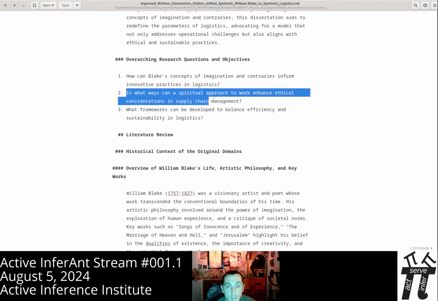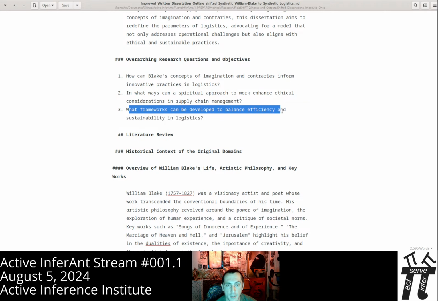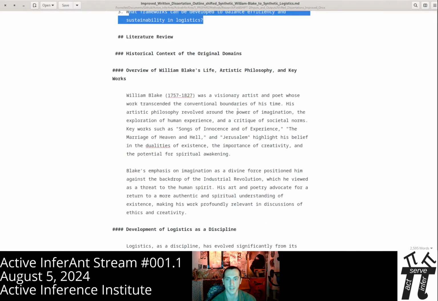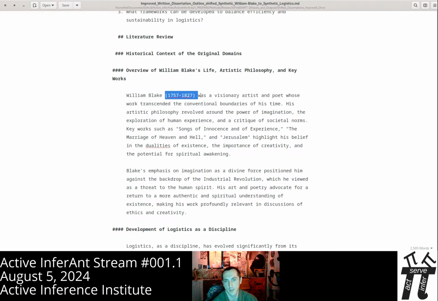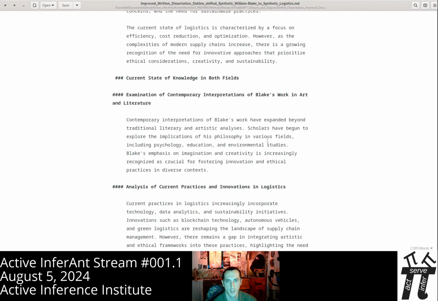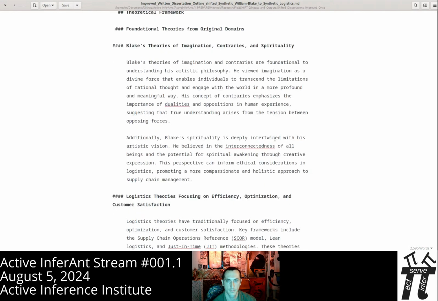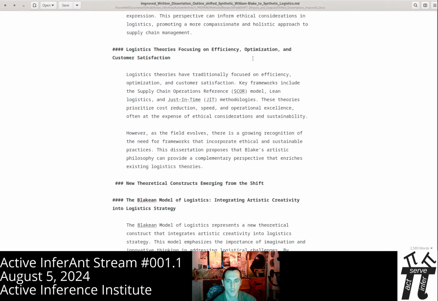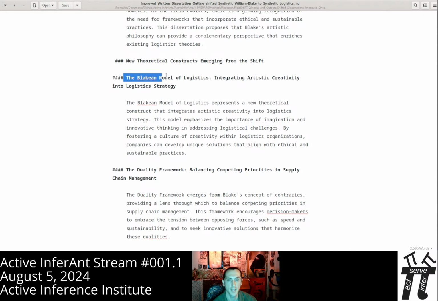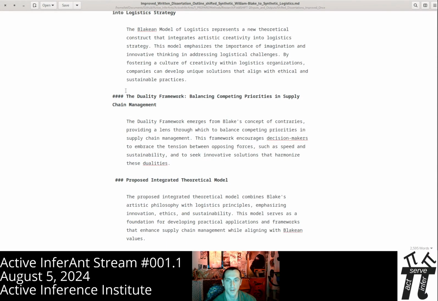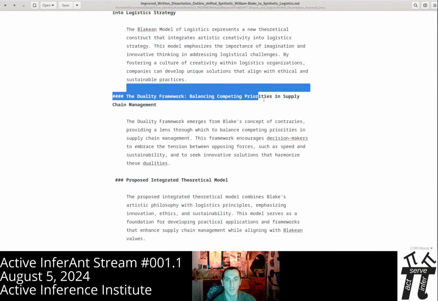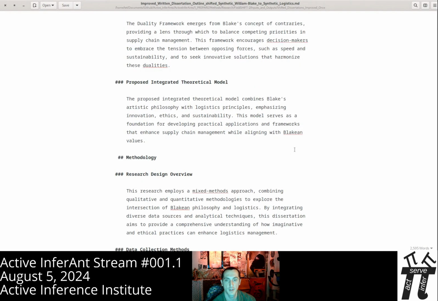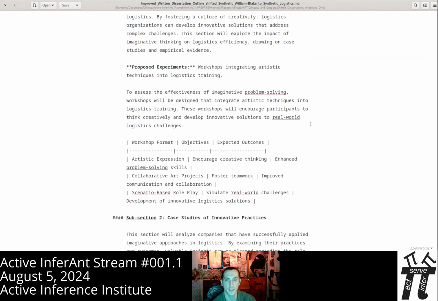In what ways can a spiritual approach to work enhance ethical considerations in supply chain management? What frameworks can be developed to balance efficiency and sustainability in logistics? Blake's accurate birth and death, because it was included in the factual claims. The Blakean model of logistics, duality framework, balancing competing priorities in supply chain management. Methodology, statistic,